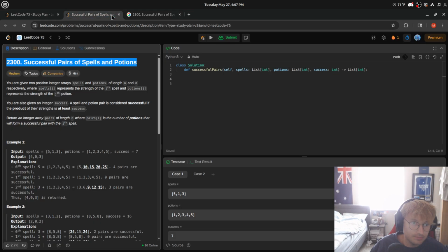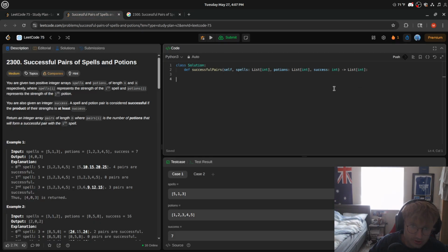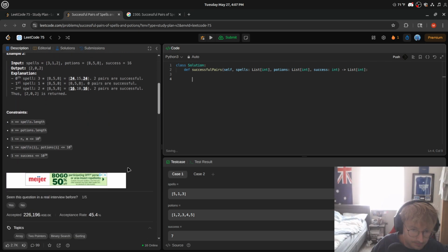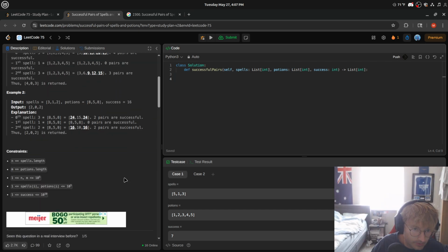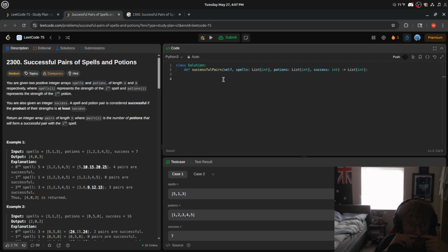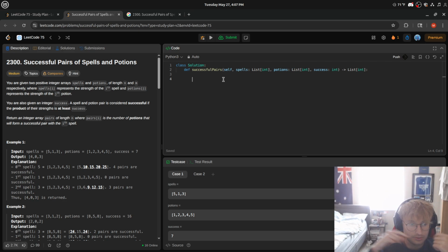Leetcode has a video on this. This is good. Okay. So let's do, okay. 45% acceptance rate. The brute force would be, okay, well, we go for I in range length spells, right? Then we do spell is equal to spells I. For J in range length,